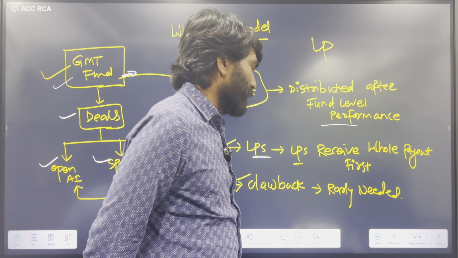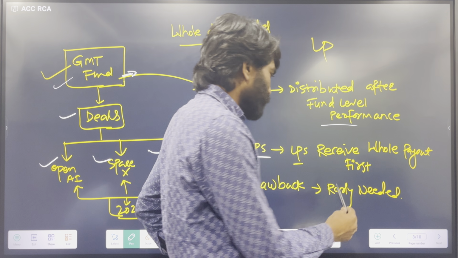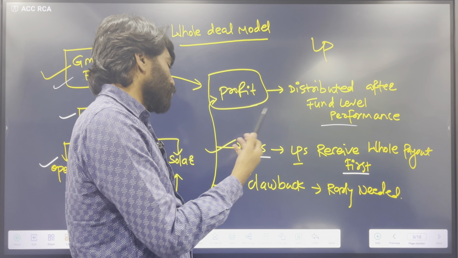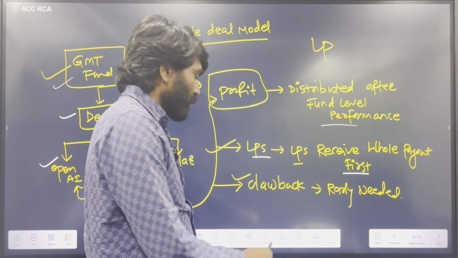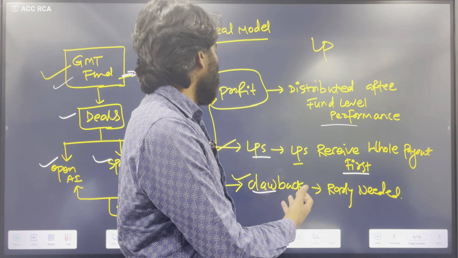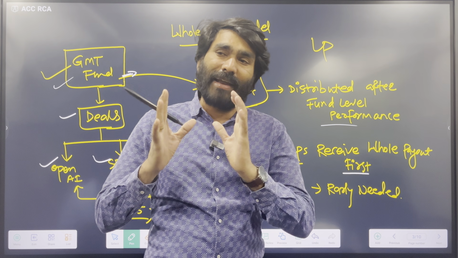Limited partners, the LPs, receive whole payment first. Clawback is not actually needed in the whole deal model, but the general partner receives their percentage